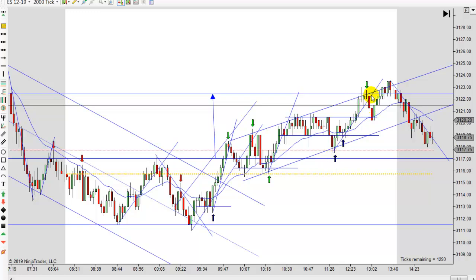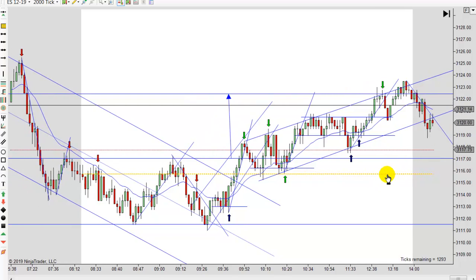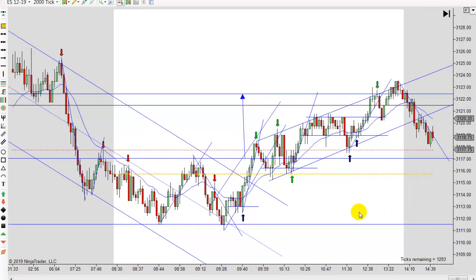You do have this trend line right here that hasn't been broken yet, and for that reason, because it's not a perfect signal bar, I made it green. Ends up working, and then we push up for another high, and that takes us into the 2 o'clock hour. We just didn't have much time left. So it was kind of a slow day, not a lot of movement today, but it was a relatively easy day